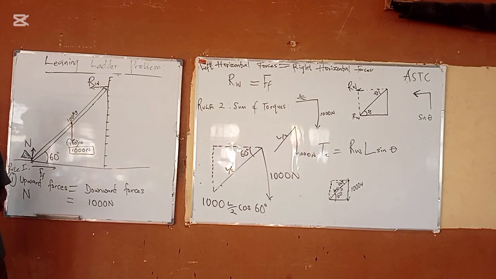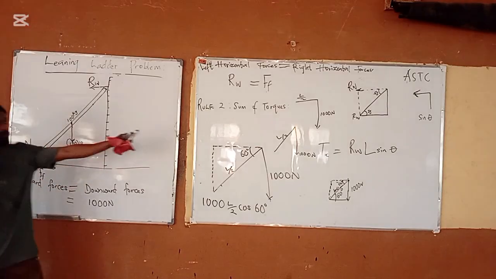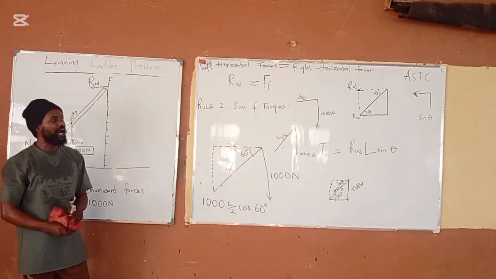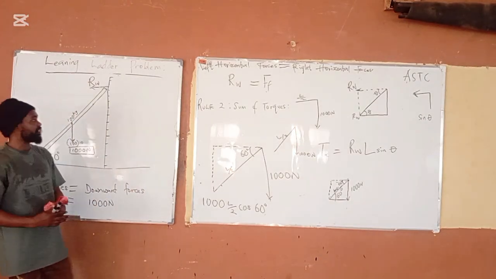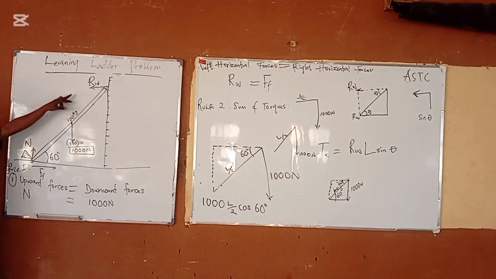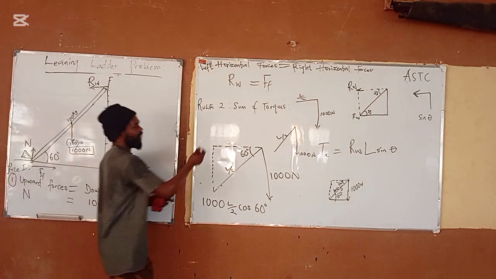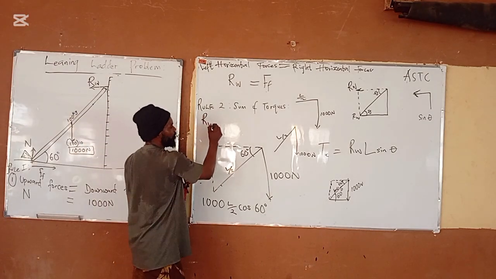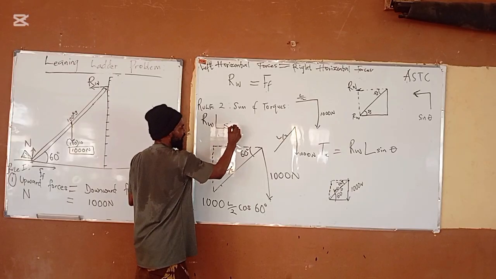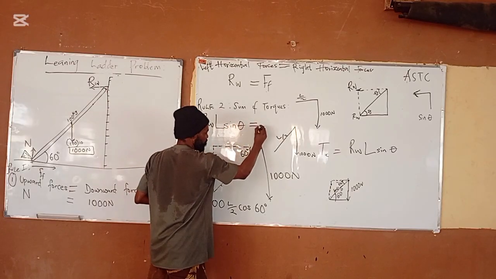Yes. So if that be the case, I've been able to get this. The next thing I will now do is represent my sum of torques. So how do I do that? The minute I get this, I will come and check. The torques here, simply, I'm having the horizontal torque and the vertical torque. So sum of torques must be equal. So sum of horizontal torques equals the vertical torques. So I will now have RW L sin theta equals